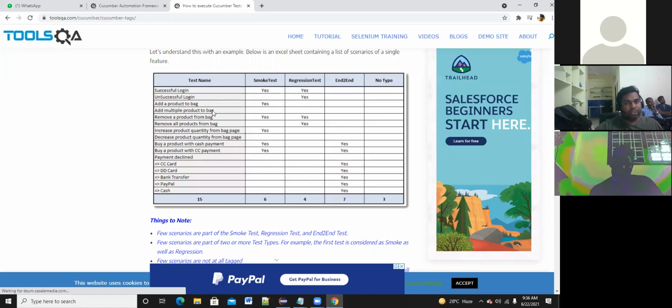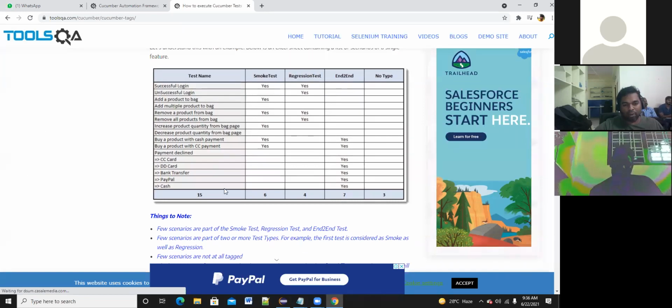During the execution, I want to execute only smoke test related test cases, or only regression test related test cases, or a combination of smoke test and regression test. Each test might belong to more than one group, and any test case belongs to some group name.